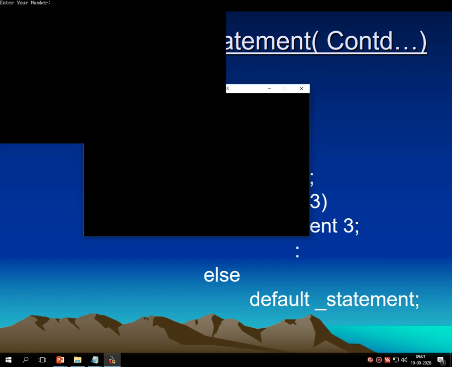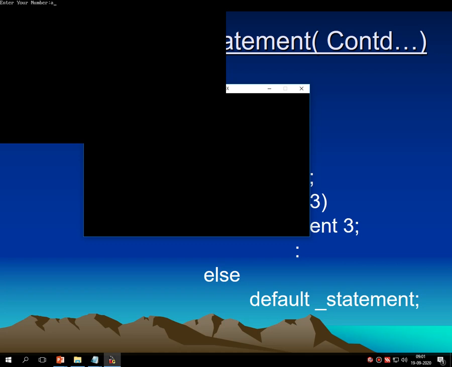Let me rerun the code. Here I am entering 0. My condition 1 becomes false. 2 also becomes false. But condition number 3, which is a double equals to 0, becomes true. It returns 0. Let me rerun the code. Here I am entering a. I am not entering any digits. I am entering an alphabet called a.